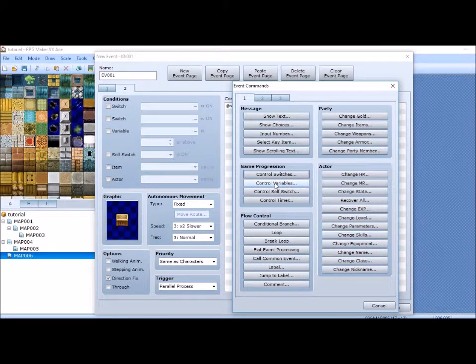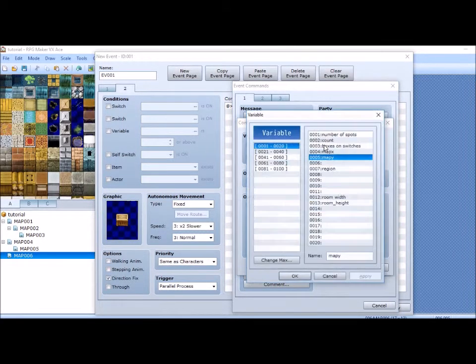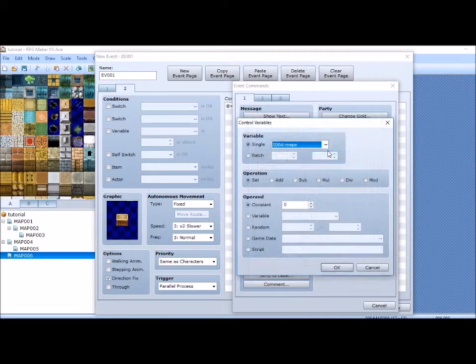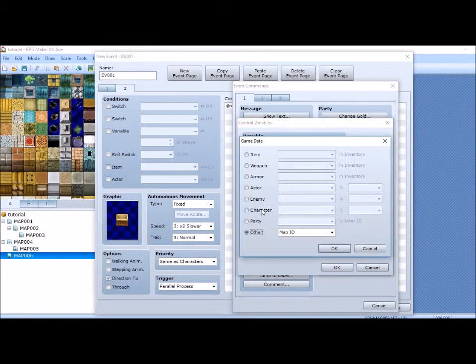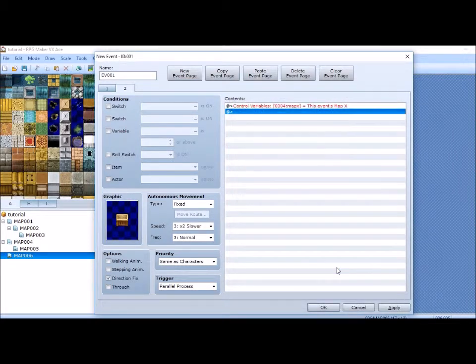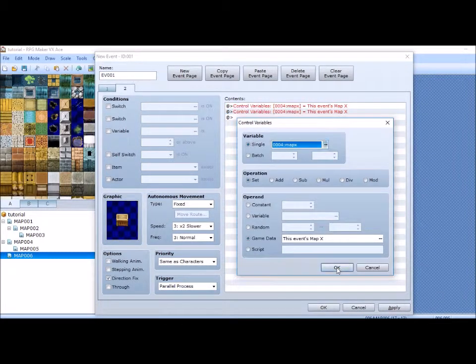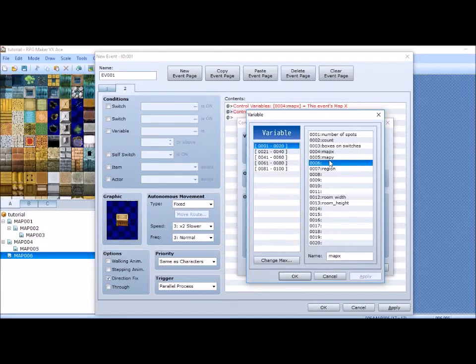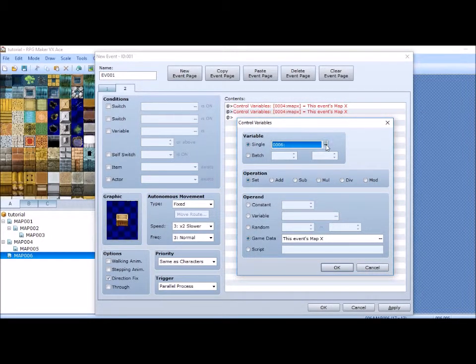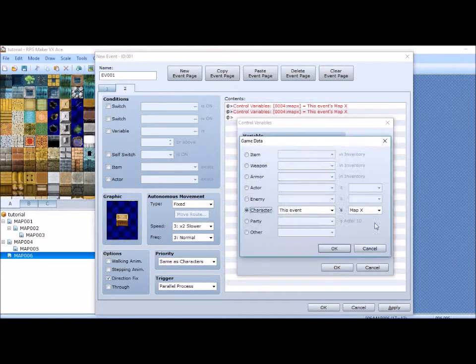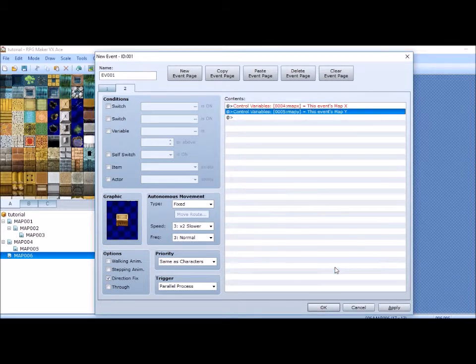What we want to do is set the variables to mapX and mapY again. Game data, mapX. Character, this event. And we do the same for mapY again. Oops, missed. Now we have these two